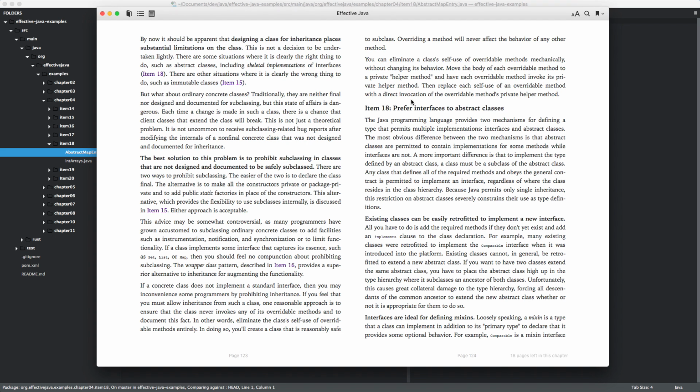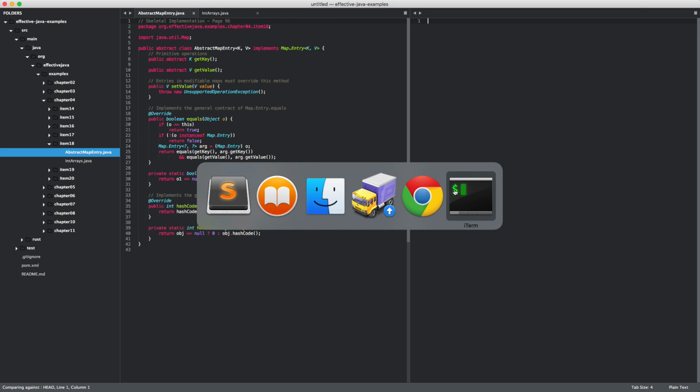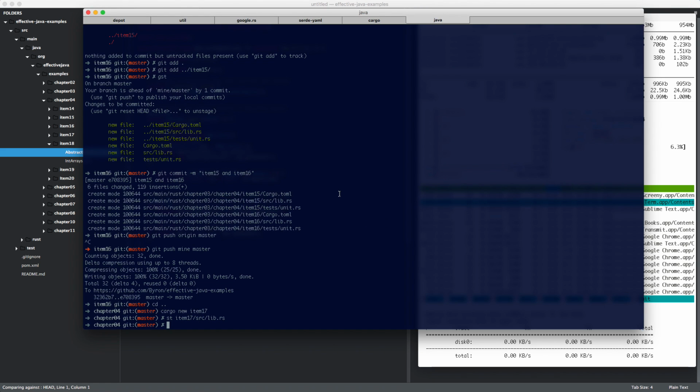So in item 18, it's about interfaces and abstract classes, saying prefer interfaces to abstract classes. Why would that be? Generally, if you inherit stuff, this is what we learned so far, you opt into a whole lot of implementation details that can be problematic. It's difficult for the subclasses to get it right as well as for the superclasses. So interfaces are a way around them, which I would say are similar to traits, but with an important difference. So let's first get item 18 going here